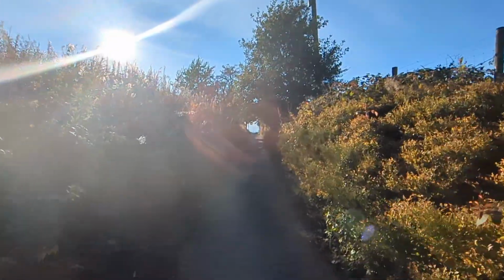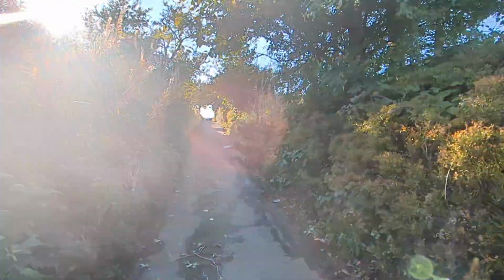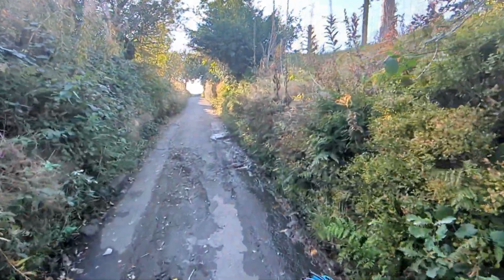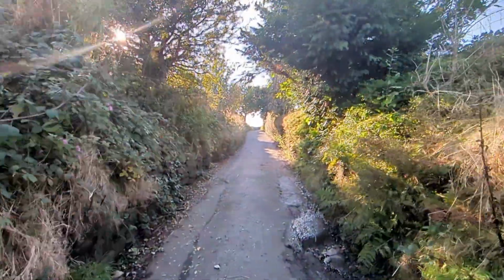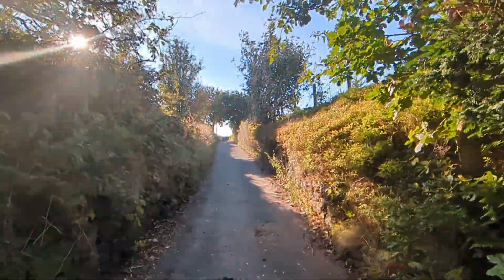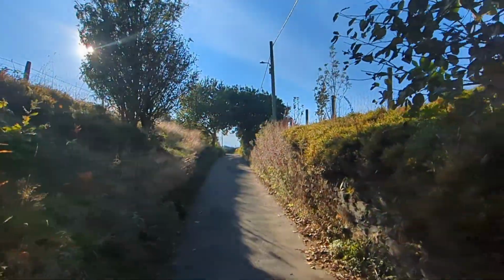Still going uphill, but look at this road, eh? This is proper narrow. Not a lot of road to it. Let's plod on up here, because we know where we're going to come out. Blooming heck, that sun is crazy in your face. It's probably crazy on your screen as you're watching this. Blooming heck, I'm definitely out of breath here, but